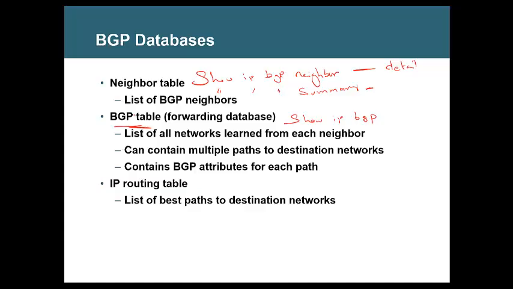You can see all the attributes there, like local preference, weight, MED, metric, origin code, next hop, and so on. When you have multiple paths, one best path is elected according to the attributes, and that best path will also be seen in the routing table.